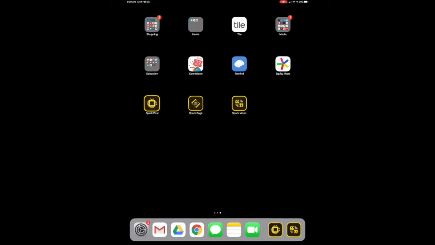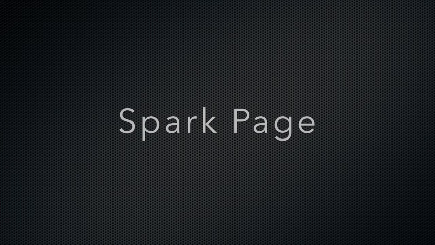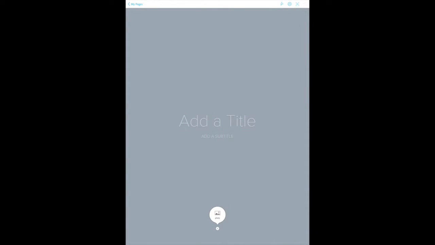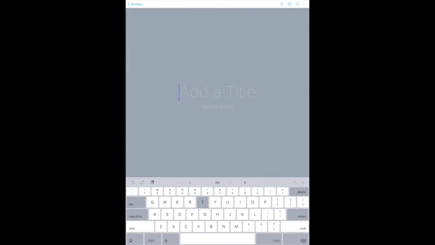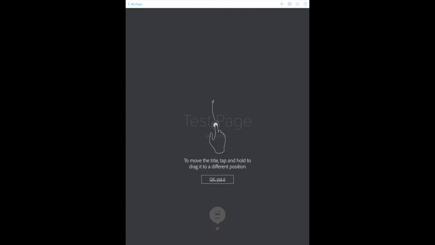So the next one we're going to do is Spark Page. And Spark Page is basically where the Spark Post gives you animations. This one is just per slide. So in the past, teachers used Keynote and stuff like that to create these pages. But with Spark Page, you can actually quickly create a neat looking page, and you